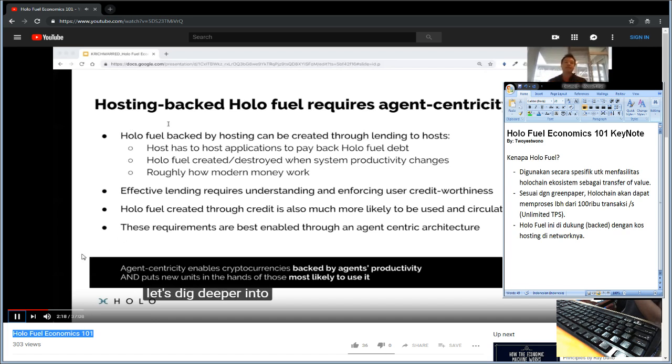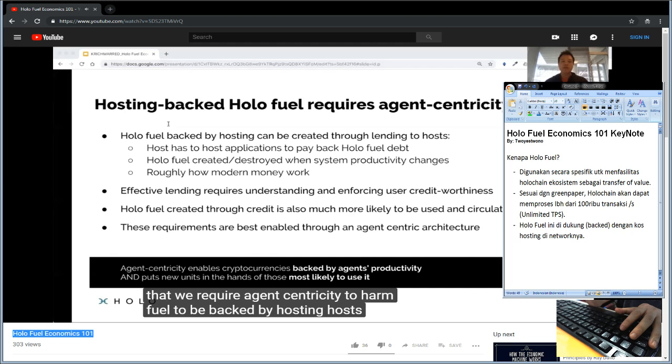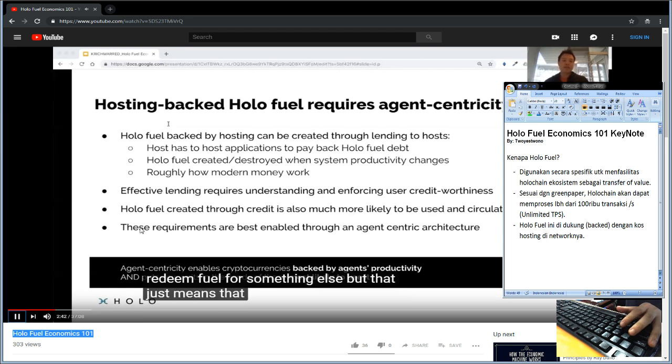Let's dig deeper into that assertion that we require agent centricity. For Holo Fuel to be backed by hosting, hosts either individually or collectively have to always be willing to provide hosting services in return for fuel. This could be done by promising to allow hosts to redeem fuel for something else. But that just means that Holo Fuel is then backed by another asset, such as gold. And then the economic signals within the Holo network are then driven by gold's economic signals rather than the economic